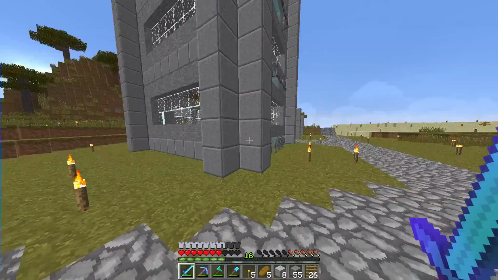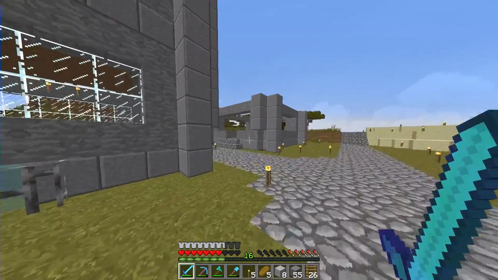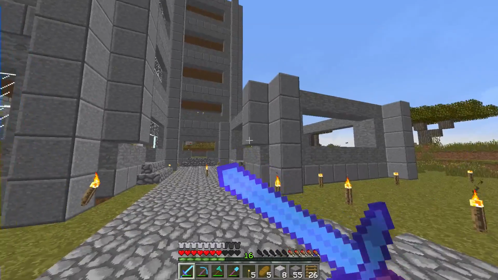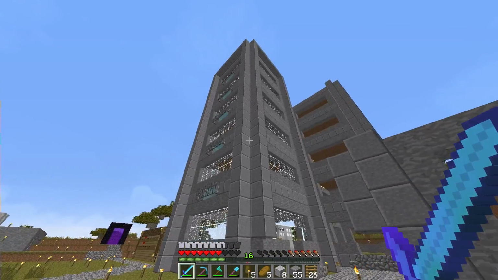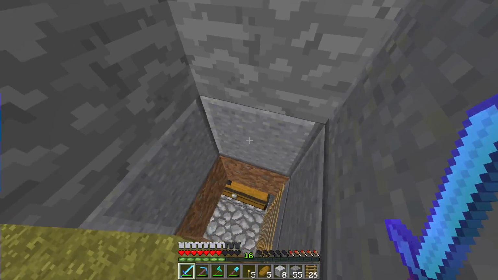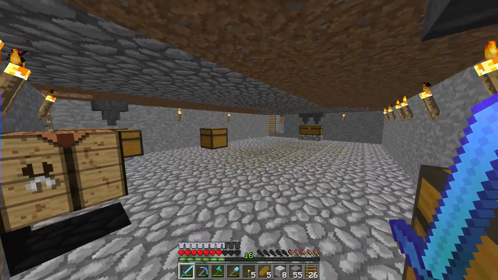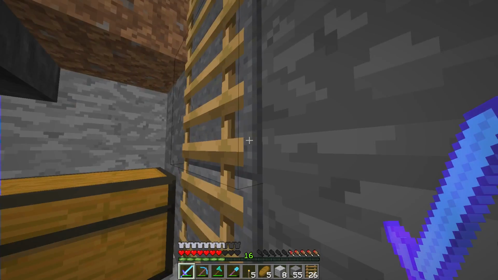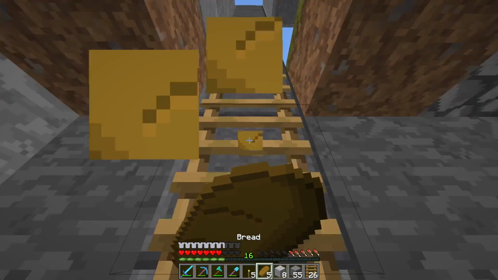go on this. But I decided that I really wanted to build, you know, I said I wanted one for wheat, one for carrots, and one for potatoes. Well, it's started. That has started. We've marked them all out. Down here is a room where everything sort of goes into. I've also got some chests for random storage. Oh,